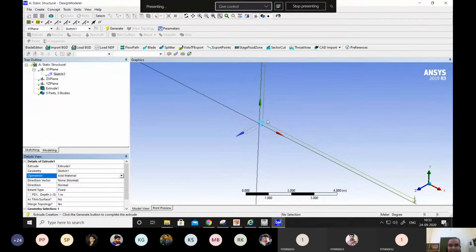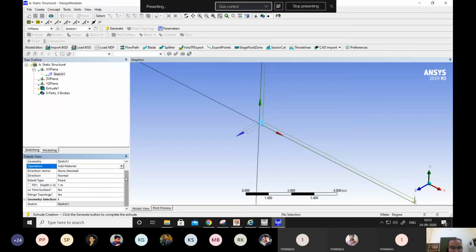But if we have so many sketches, like one here, one over that, another over that, it wants to understand if we want to use the same material or a different material for that. So if we want to use a different material, we can use add frozen. That is here. And if we want to use the same material, we can add material. So for now, our work is quite okay.